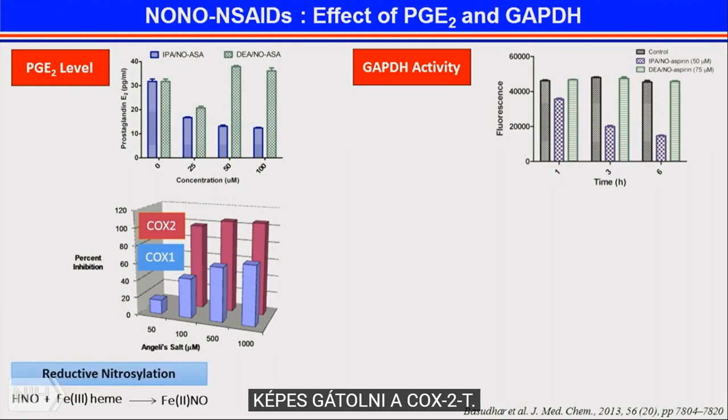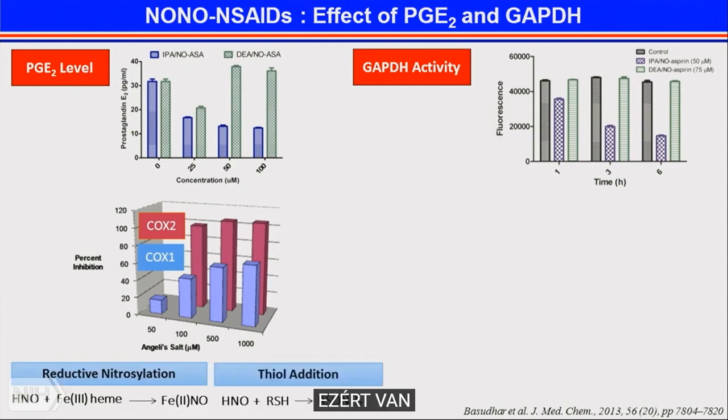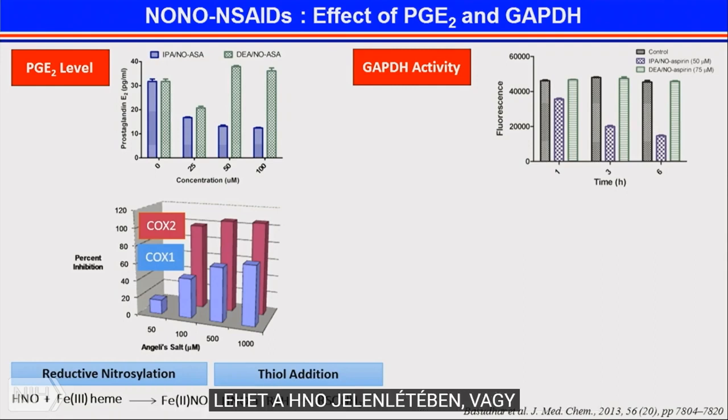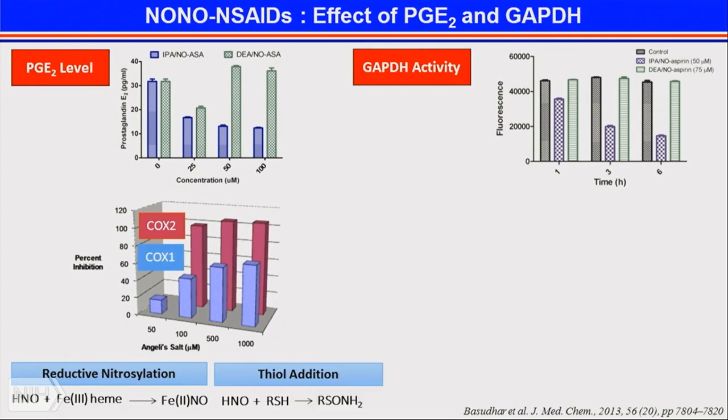We believe the reason can be that there is a ferric heme at the active site of COX-2, which can undergo reductive nitrosylation in the presence of HNO, or it may be a thiol-dependent process. We haven't investigated the mechanism, but these are the two most common pathways which have been shown